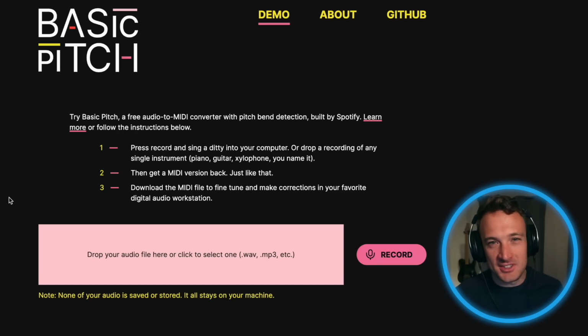And now I want to test out another tool, which is actually from Spotify, and it's a few years old, but it is completely AI. And this tool is called Basic Pitch. It converts audio into MIDI. So if I didn't feel like